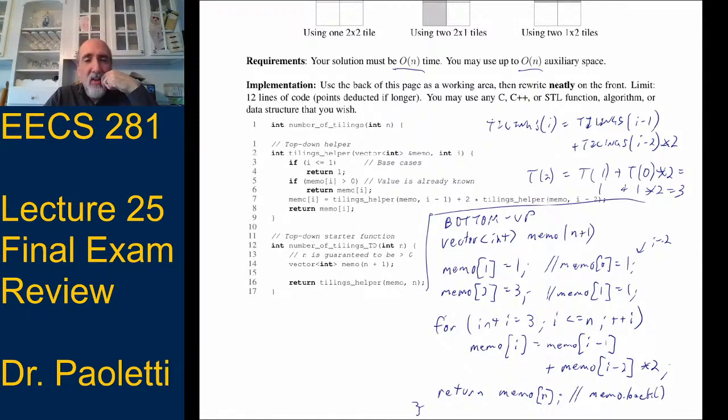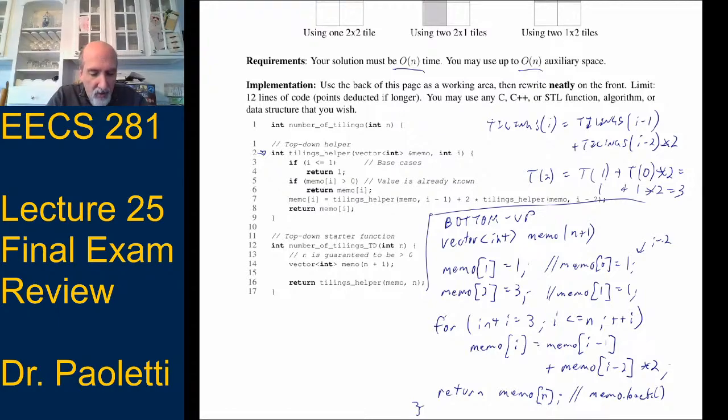Okay, so generally, when we give you a DP problem, we will give you a problem that can be solved with bottom up, or it can be solved with top down. And you can go for the solution that makes sense to you. Our line requirements are written with the idea in play that if you make the top-down solution, it might require a few extra lines, because I've got to have the function header. So when I write a helper function, the helper function header counts as a line, and then we can add these all up.